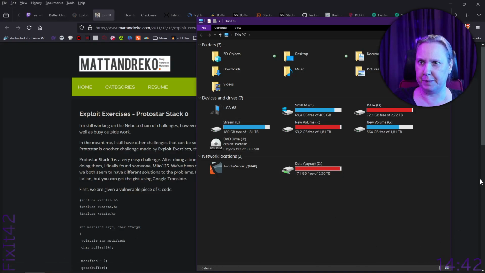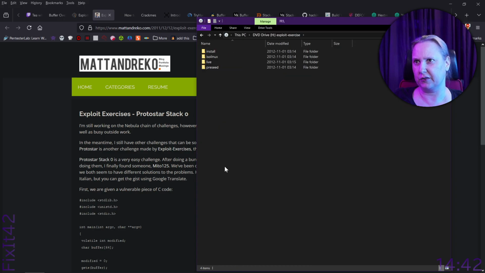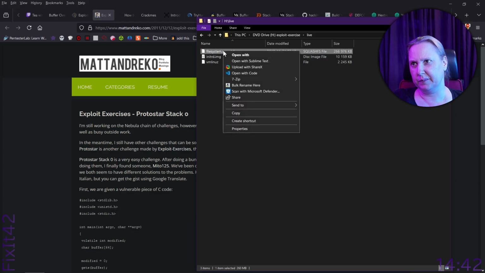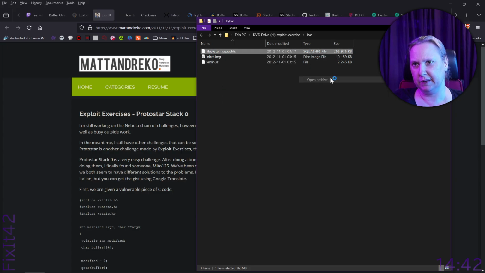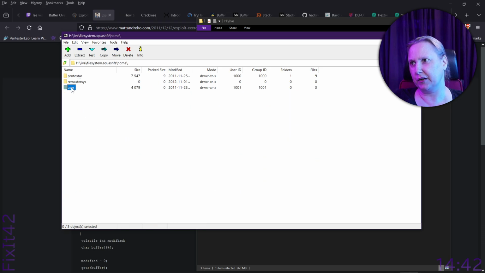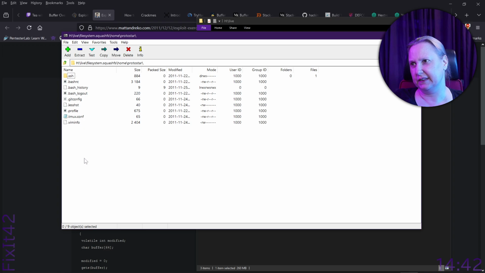So, exploit exercise. So, is there any text files anywhere? So, let's open this one again. So we were supposed to log in as user. That's not a lot.